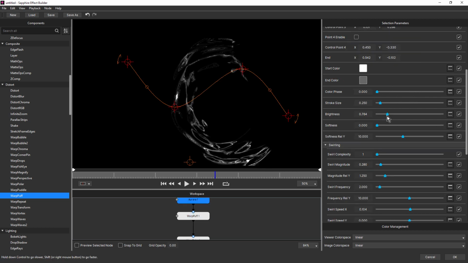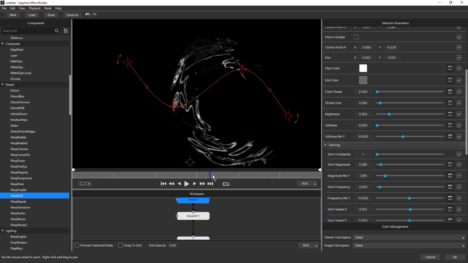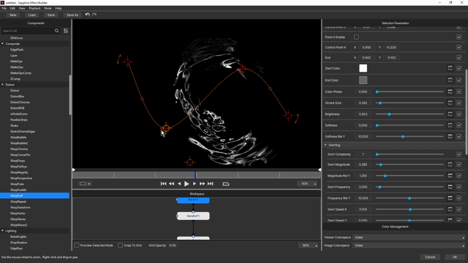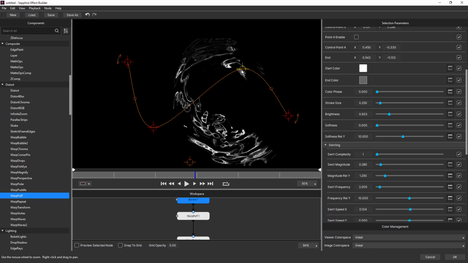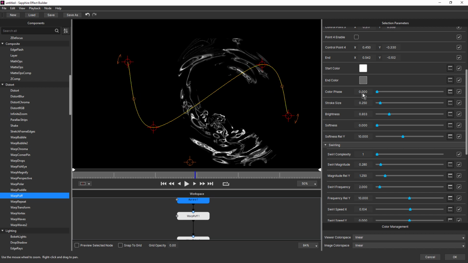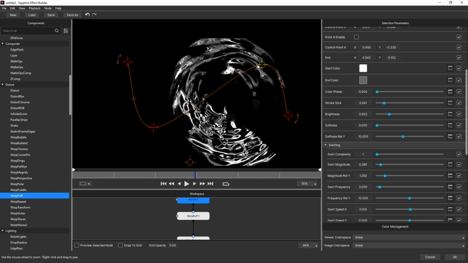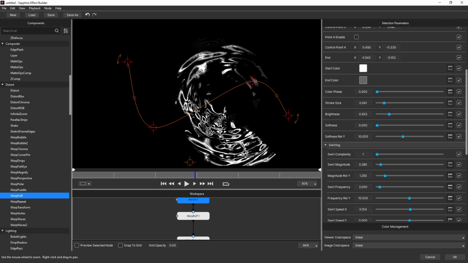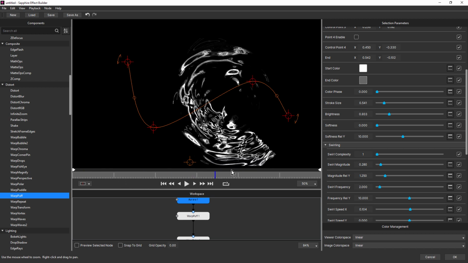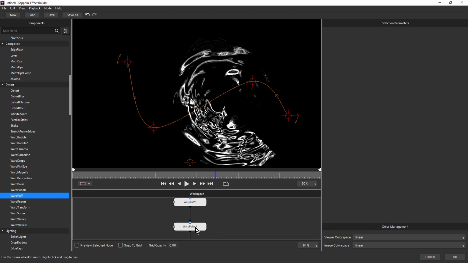Let's increase the brightness. Stroke size. I don't like that hard line there. That's really too strong.